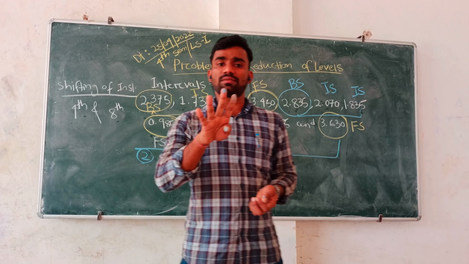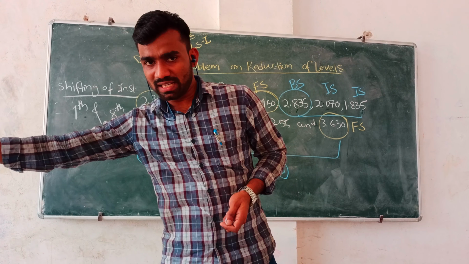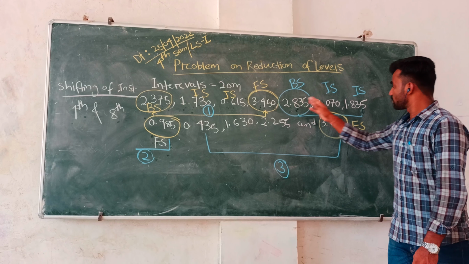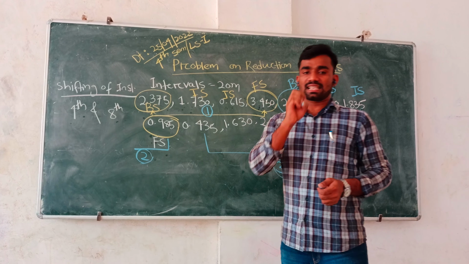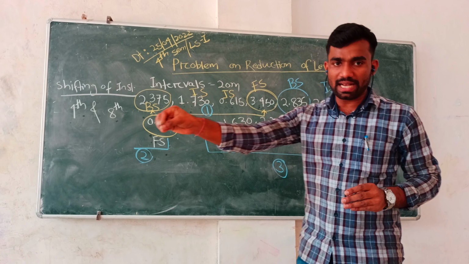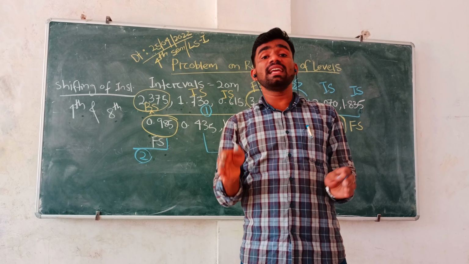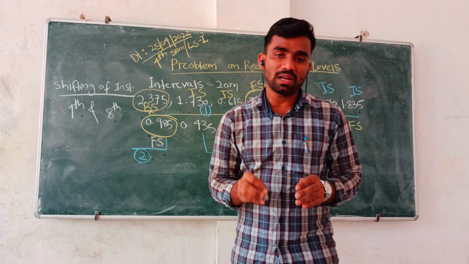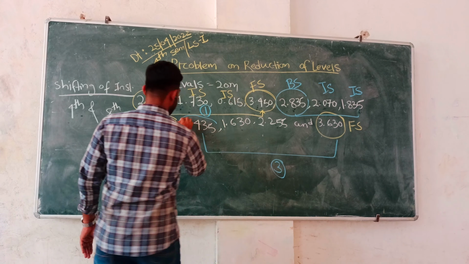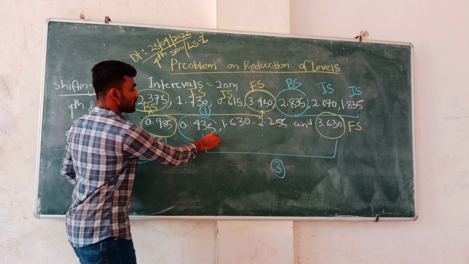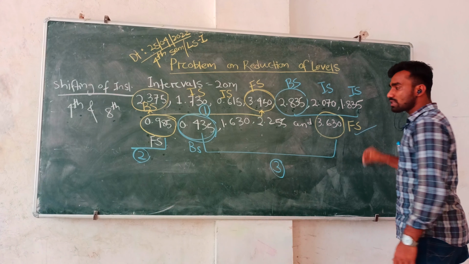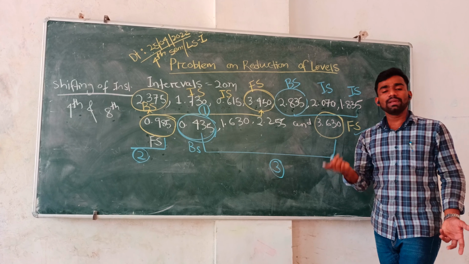That means there are 3 setups of the instrument. First you set up the instrument at station 1 and collect the readings 1, 2, 3, 4. Next station 2, collect the readings 1, 2, 3, 4. Next the third station, collect the readings 1, 2, 3, 4. The first reading is the backsight, the last reading is the foresight. Any readings between them are known as intermediate. I think it's clear. There is no difficulty. So the first reading for the new station is the first point. For the third station, this point is the first, so it will be the backsight. This is the last point, it will be the foresight. Any readings between them will be intermediate.